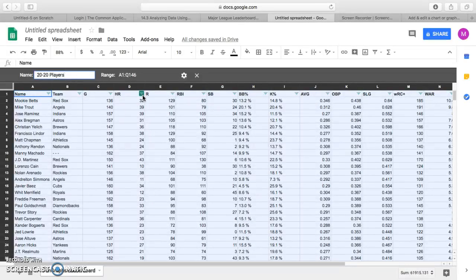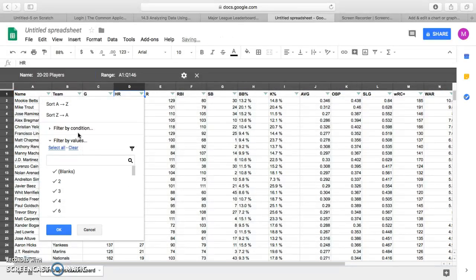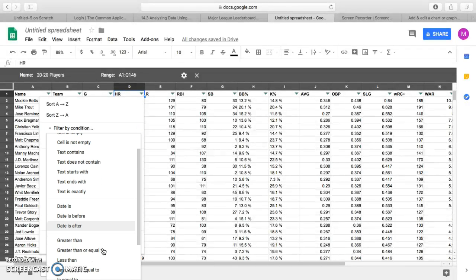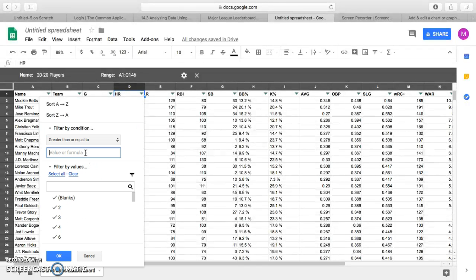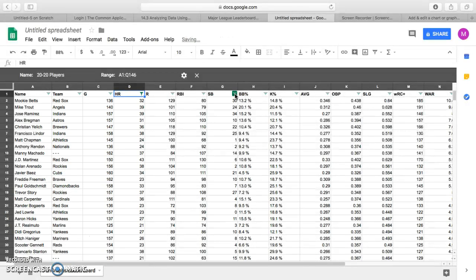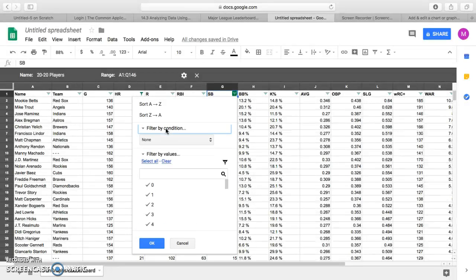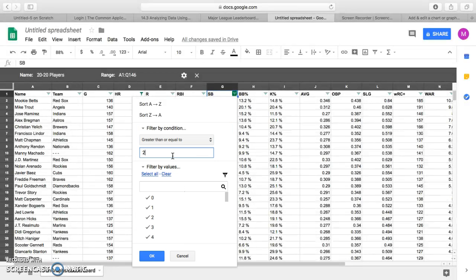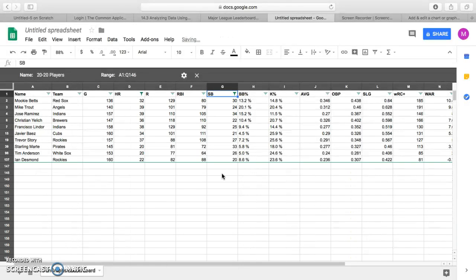In order to do that, we need to press the home run bar and then go to Filter by Condition and select greater than or equal to and put in 20. And then press OK. And now we need to do the same for stolen bases. We're going to press Filter by Condition again, and then press greater than or equal to, and put in 20. Now we can see every player in Major League Baseball who hit over 20 home runs and stole over 20